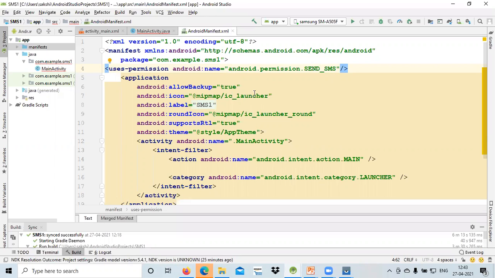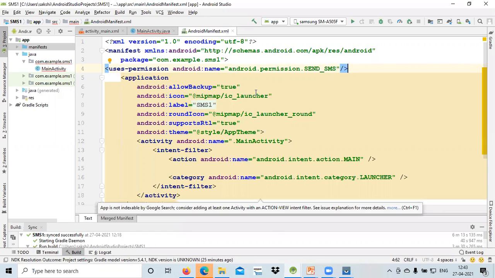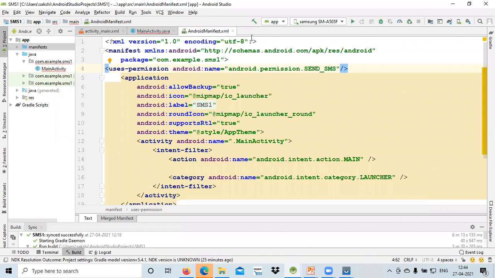The second thing is that your phone should also, let's suppose you are passing some particular message through this particular device, because I am using my phone over here. So what device am I using? That real device. Okay, so I have given send SMS here, but sometimes what happens is you have to manually change the device settings on your phone also.